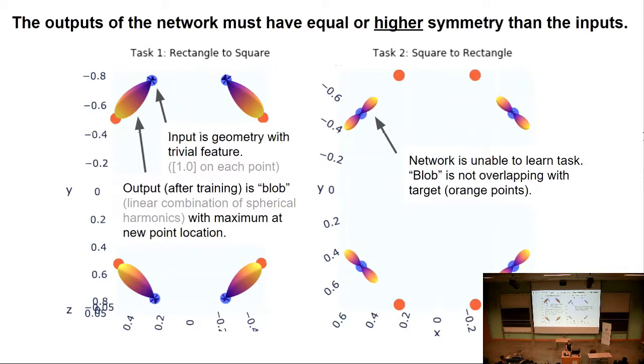Here's task two. Let me explain what's going on. It wasn't able to do the task, basically because you're asking it to deform to a rectangle in a specific direction. The best thing it can do is output the degenerate options given its symmetry. It's like, I could have gone over here, but I could have also gone over here. You didn't really specify the problem well enough for me to make an informed decision. So the network can't train. It can get to a certain level, and then it can't go any further. Now, I argue this is actually what we want it to do, because this actually happens in physics.